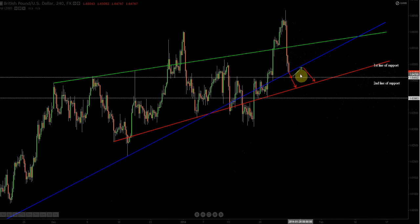So if the cable is above or well above expectations, then we'll certainly get a break back up above this blue trend line, and then a long opportunity possibly targeting this top ascending trend line in green. If the cable is neutral, meaning that it's about the area of the forecast or expectations, then I think that if we haven't already gotten down to this line of support, this red trend line, then I think that it still will hit. Now, if it's below expectations, then we will see a possible continuation of this weakness down to